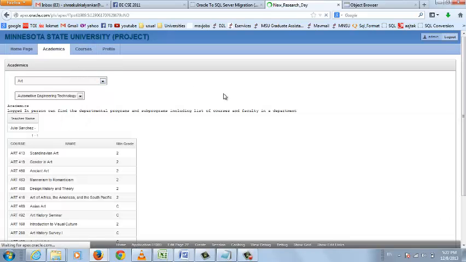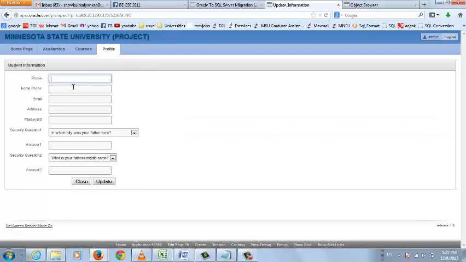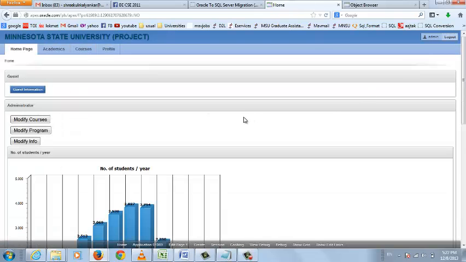Coming to the courses tab, administrator can see the semester, and he can decide from what day the semester is going to start. And coming to profile, it gives an opportunity for administrator to enter the information about himself or to update the existing information if there is any. Going back, this was all about the administrator tab. Going back to the student account,